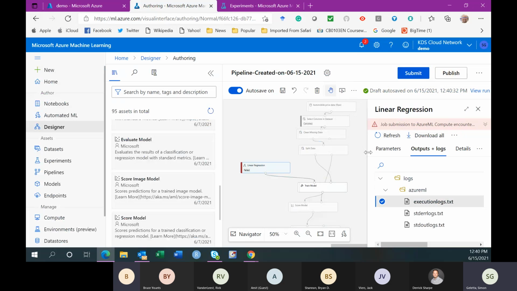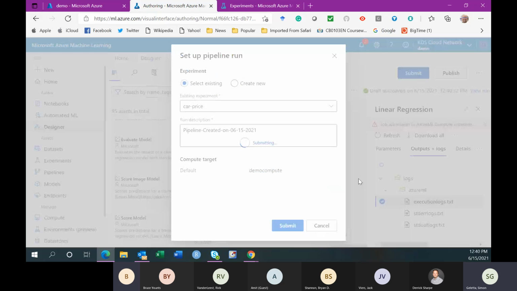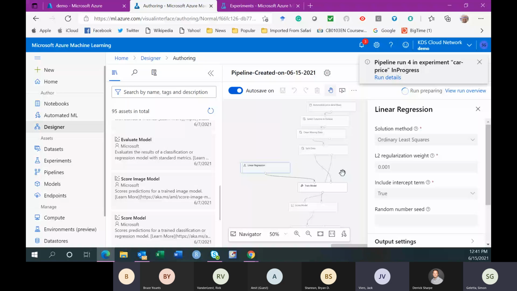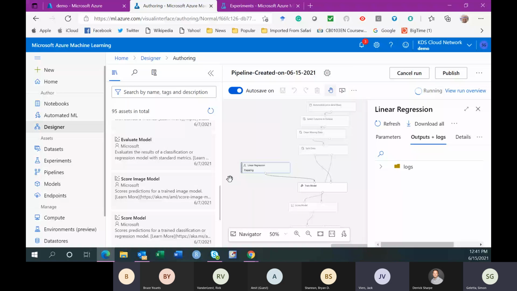Might be resources maybe. Let me submit that again, because I don't see anything that went wrong there. So column selection is running. This one is being queued.